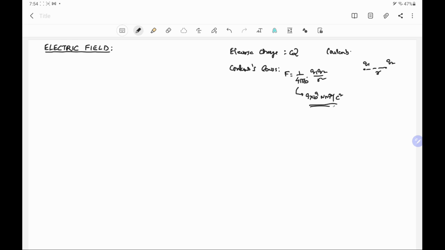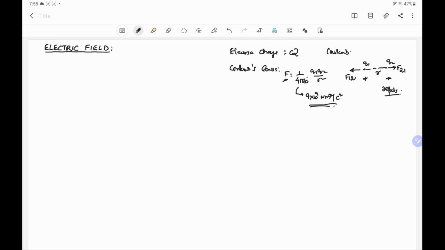This interaction between the charges, this force: if these charges are of the same nature, suppose positive, then the force is a repulsion force. And we have already given a note that this force will act along the line joining the charges. That means repulsion force on Q2 will be outward, and force on Q1 will be outward. This is the force on charge 2 due to charge 1. This is the force on 1 due to charge 2.